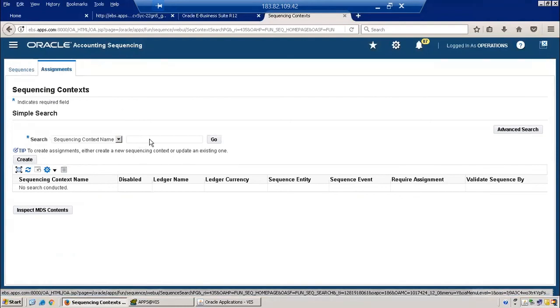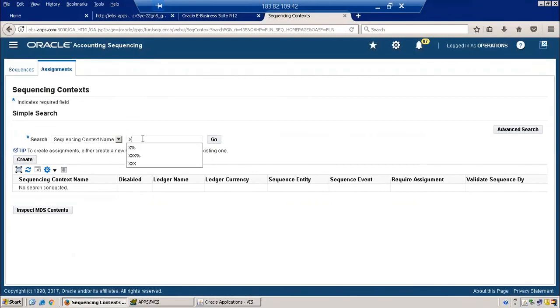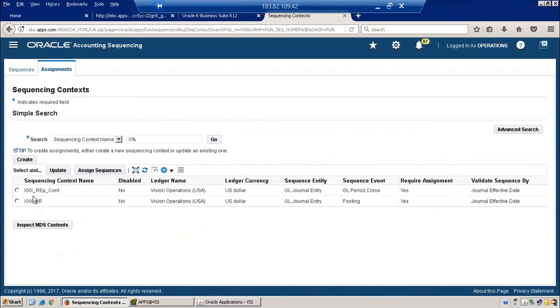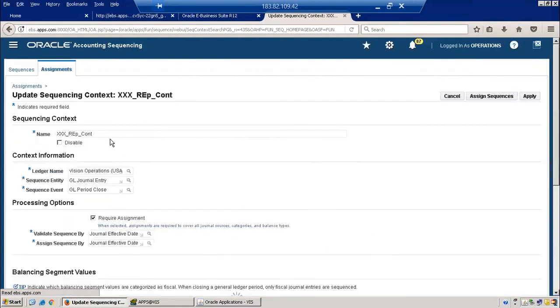Now, again, for the reporting, I have already created one sequence context. Let me query for that. This is the sequence context which I have created. Now let me click on update and again rename them properly. Rename it as ARV reporting context. Okay. So as far as these things are concerned, ledger name is vision operations, sequence entity is journal entry,